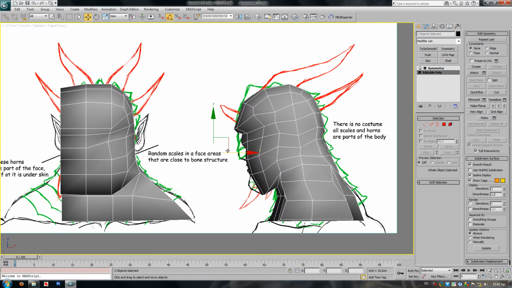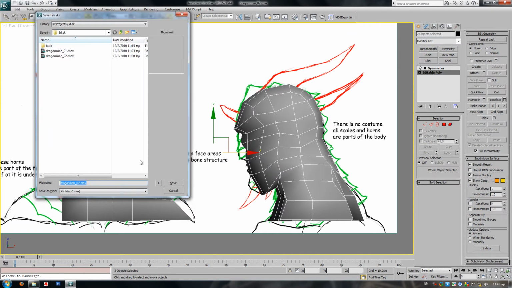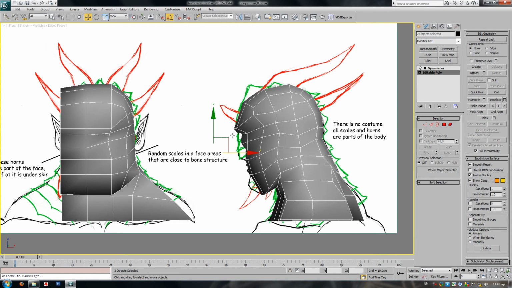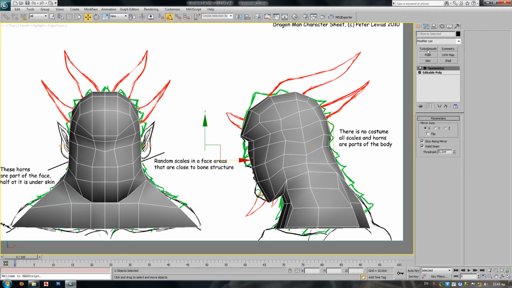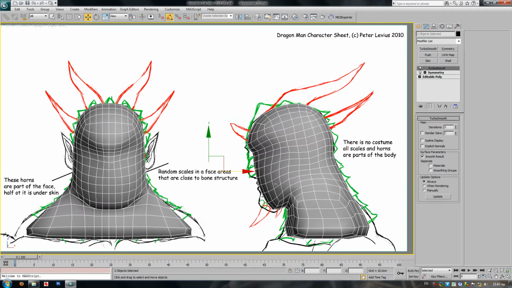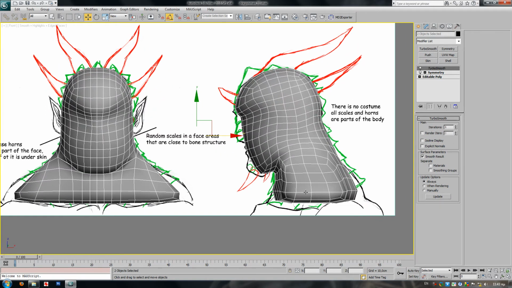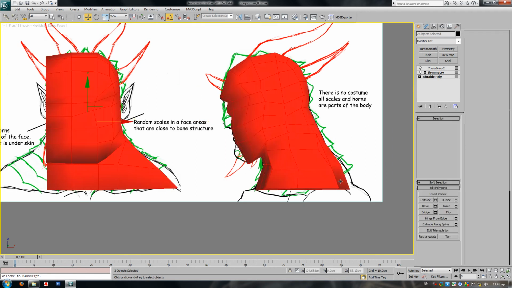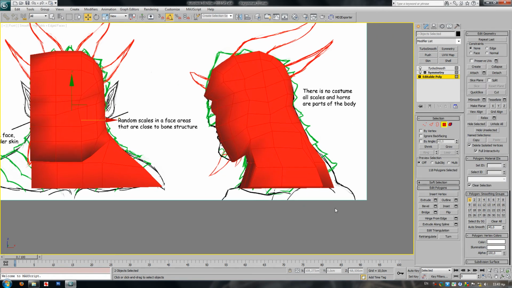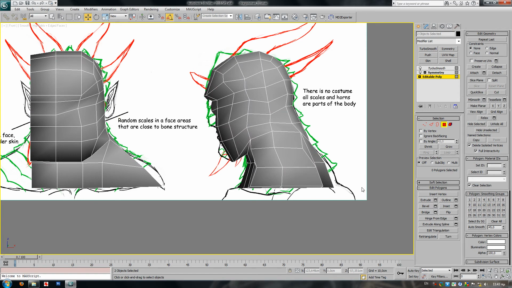Before I go any further, I'm just going to save this out as Dragonman 3, and I'm going to add a Turbosmooth Modifier onto the model in order to visualize what will happen to the model further down the road. I'm going to just delete the faces below the neck,